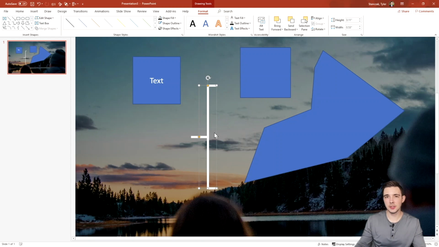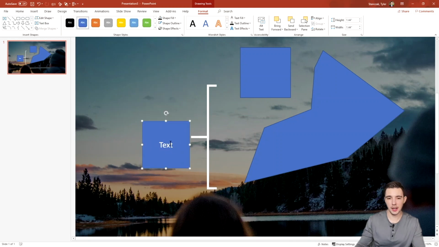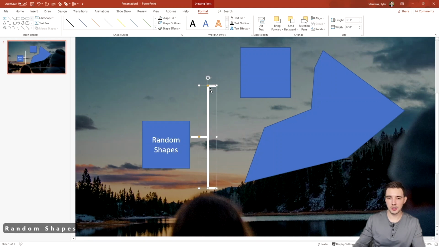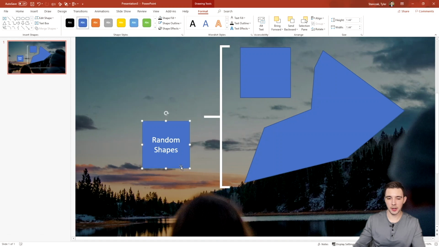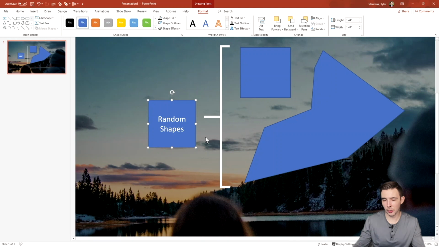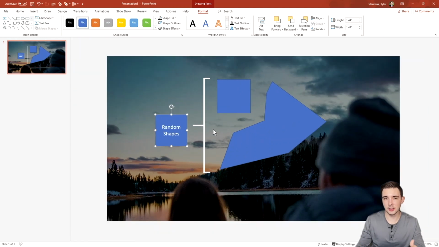And I like to use this if I'm really trying to show people a certain section on the screen as to maybe what this means. Like let's say I have a text box right here and I'm saying this is my random shapes, and then I can easily just increase this and say, hey look, these are my random shapes right here. So this is just a quick way to categorize certain sections of your slide, which is a really cool feature.